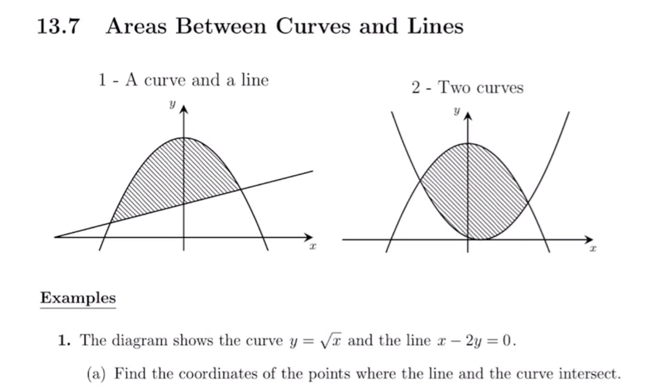So this last video is just about area that's enclosed between curves: a curve and a line, or two curves. You can see on the diagram, 1 shows a curve and a line and a finite area between them, and you notice that the curve is on the top of the area and the line is underneath. The second diagram shows two curves, with the negative quadratic on top of the area and the positive quadratic on the bottom of the area. And that's quite important for the technique that we're going to use